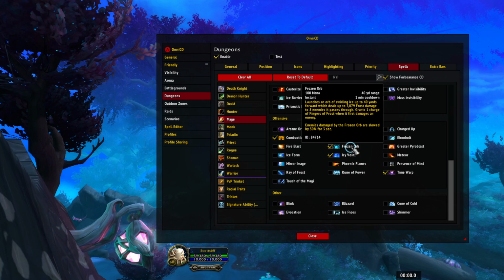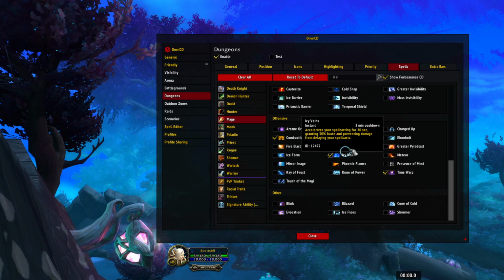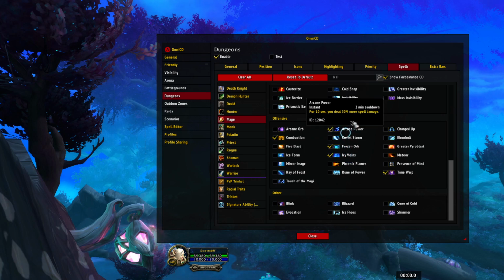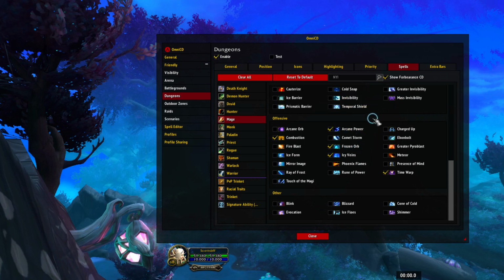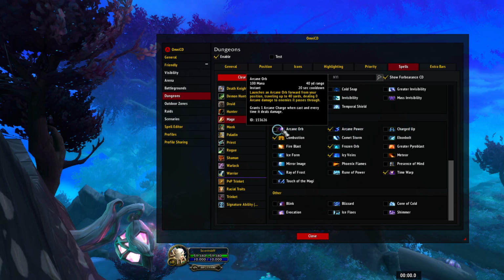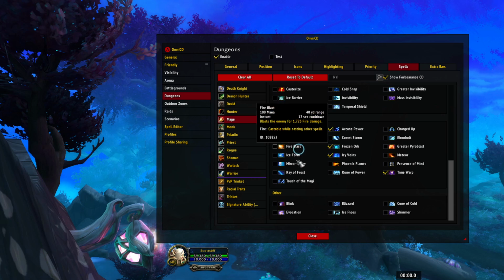Actually, Frozen Orb is a bigger CD than Icy Veins. I've noticed that Icy Veins doesn't really help them as much, but Frozen Orb allows them to get really good priority damage and really good burst damage. And then Arcane Power for those Arcane Mages out there. Pretty solid cooldown. Some people would argue Arcane Orb and stuff, but honestly, the big thing you will see me not track